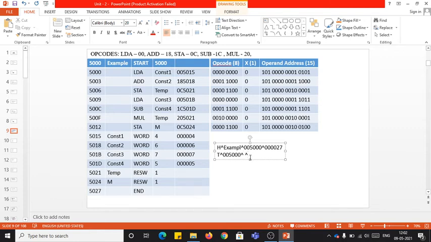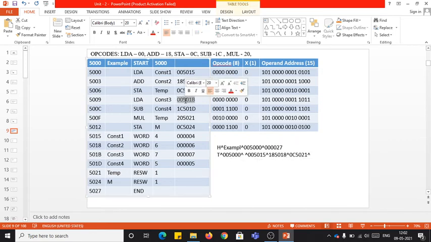Then later you just keep writing the object codes. I repeat, you just keep writing the object codes like this. You just list out all the object codes continuously. And also I hope you remembered the maximum length of the text record. It should not exceed 69. As of now, it won't exceed 69 as well.